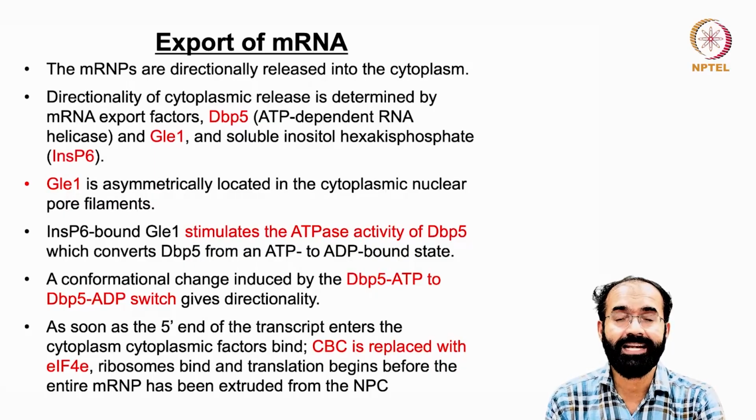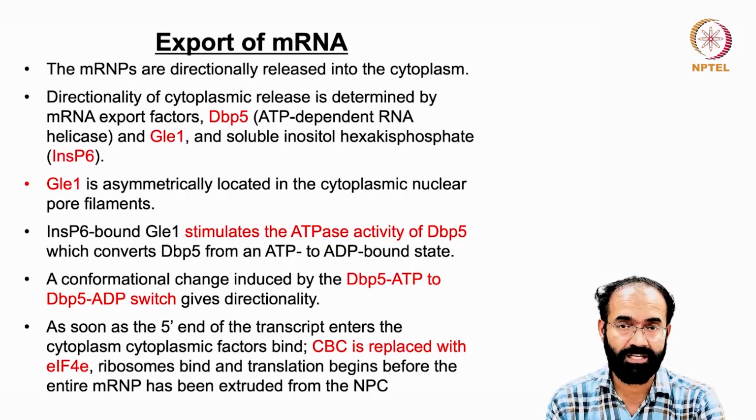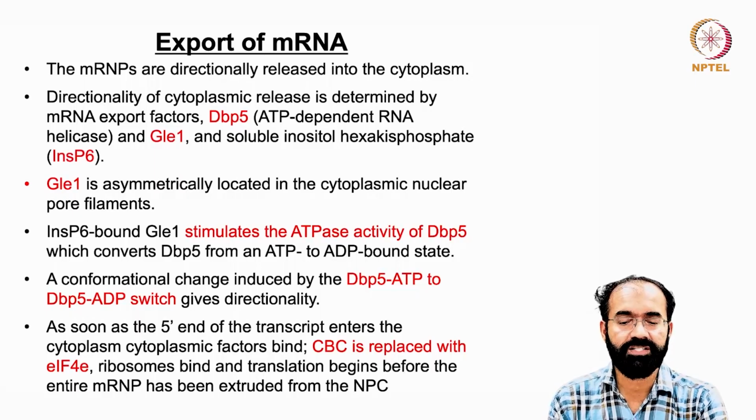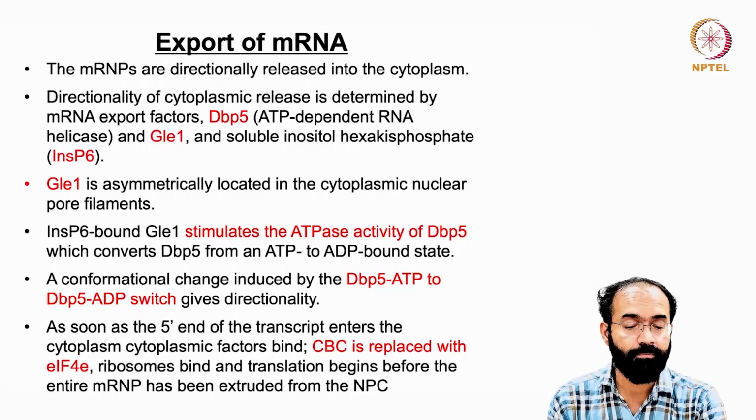So DBP5 ATP bound is in the nucleus, DBP5 ADP is on the cytoplasmic side. So this structural change allows the cargo to move into the cytoplasm. As soon as the 5' end of the transcript enters the cytoplasm, cytoplasmic factors bind. That is, CBC is now replaced with eIF4E and the ribosomes bind and translation begins before the entire mRNP has been extruded from the nuclear pore